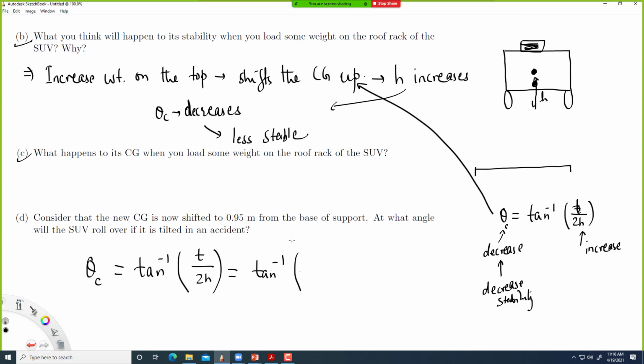T is same, okay, it's the width of the car, which is 1.85, over 2 times now height is changed, which is 0.95. So do the calculation. You get